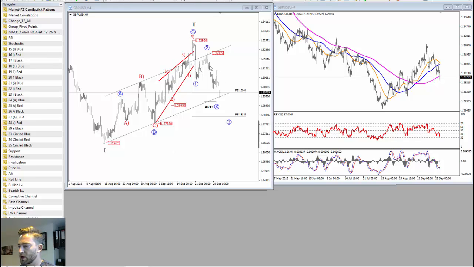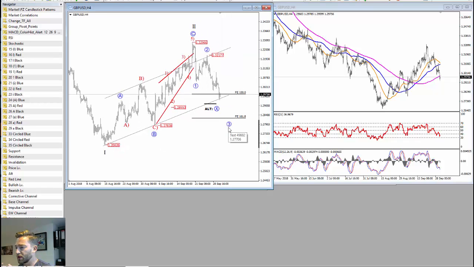So you can see that we have seen a very nice move to the downside. Now we are testing this lower trend line support. If we can break through with a decisive daily close below this trend line, then I would probably look for this to be wave 3. But this pair may really move inversely with the dollar index. I see the dollar index at a potential resistance, euro dollar at a potential support. So if euro dollar would rise, I would not be surprised if maybe this after all was wave X on